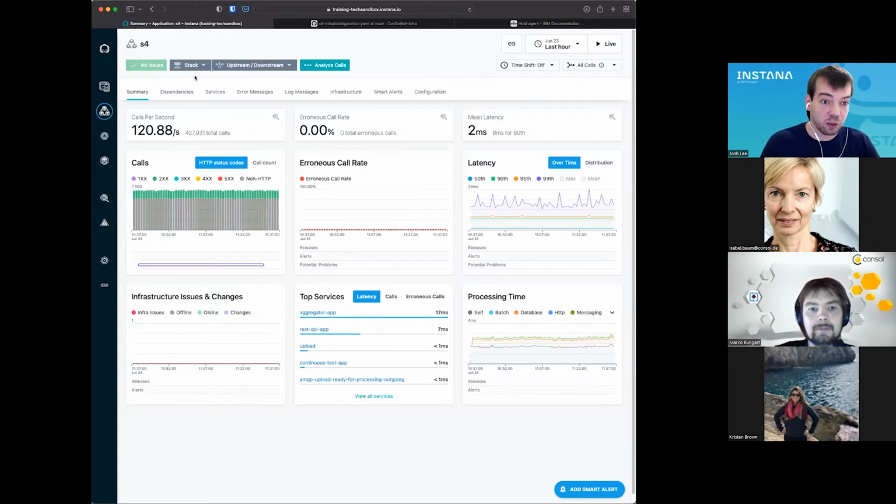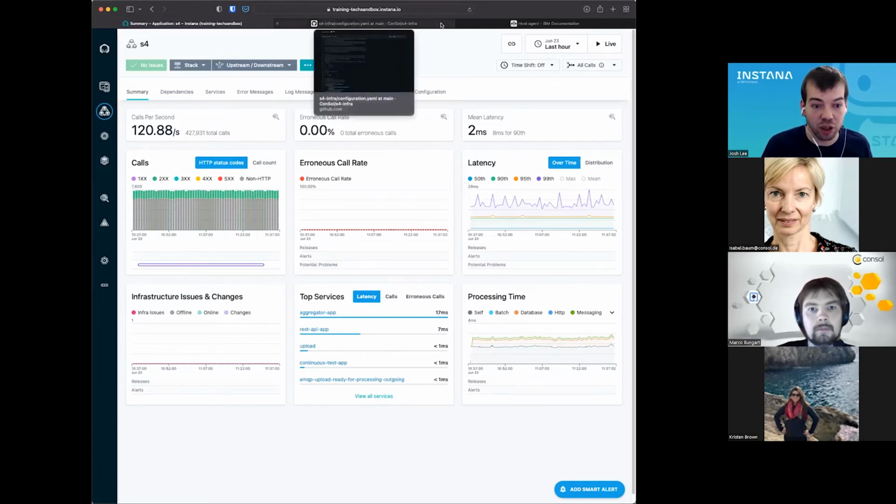I alluded a little bit to the automatic sensors. That's another huge benefit of Instana: if you're using compatible technologies, you need to do almost no configuration. You'll install the agent on all of your VMs or as a sidecar container in Kubernetes or Docker, and you'll just start to get the data that you want.